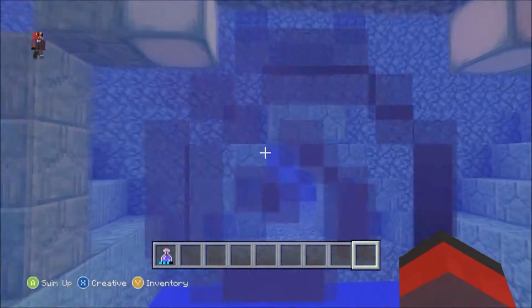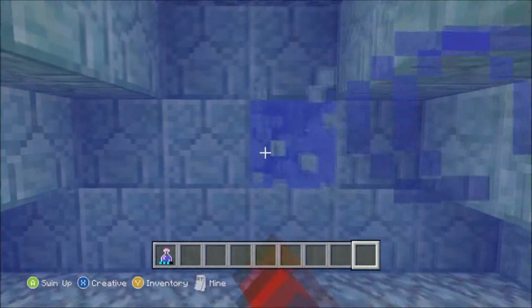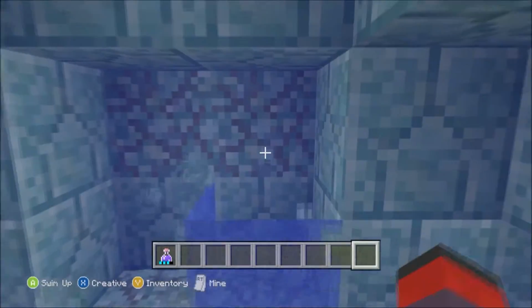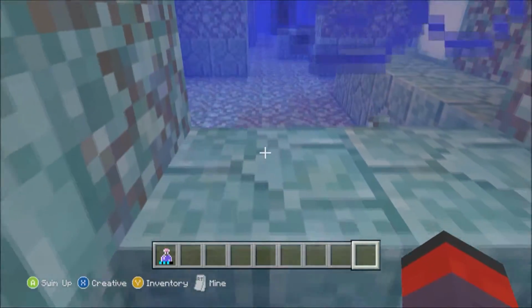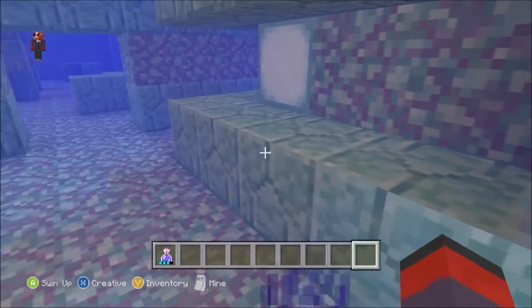Is this it? Yeah, here's the opening. And basically what we're going to do is you're going to come in here, and you will have to mine through. It won't be straight open. You'll have to mine through it. And once you get in it, you'll be in here around. And there's also be some...